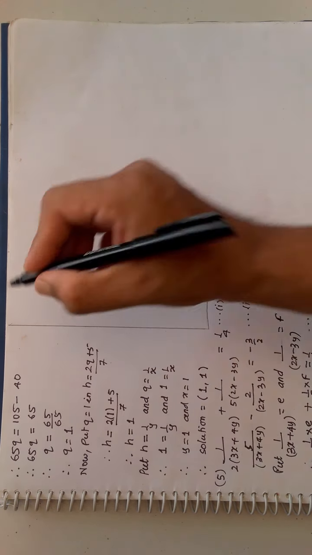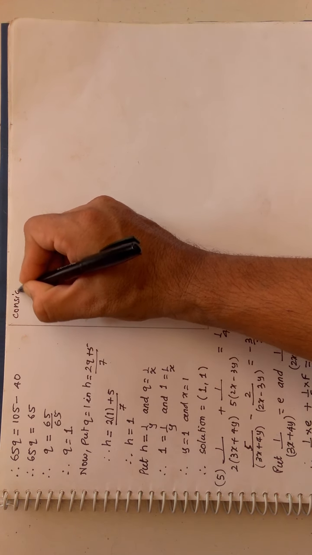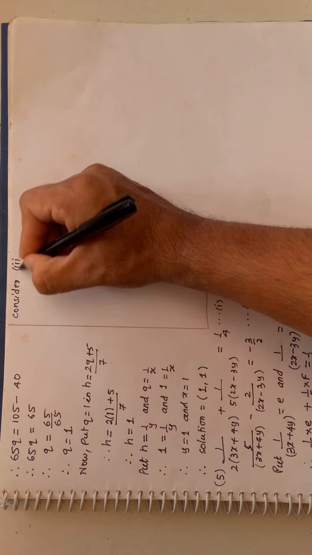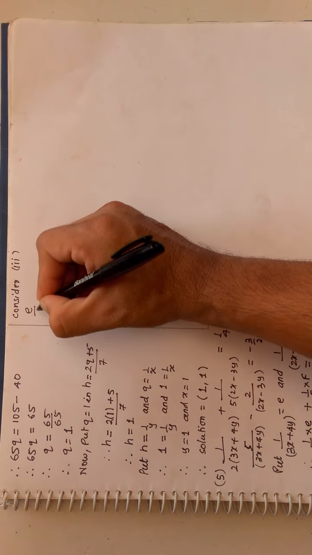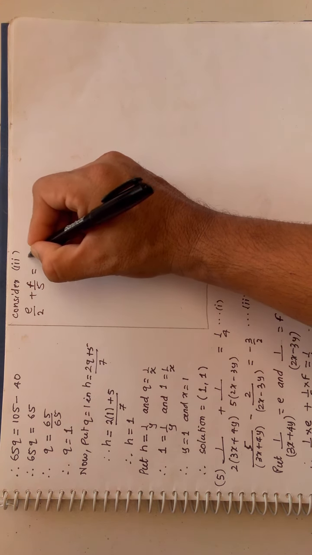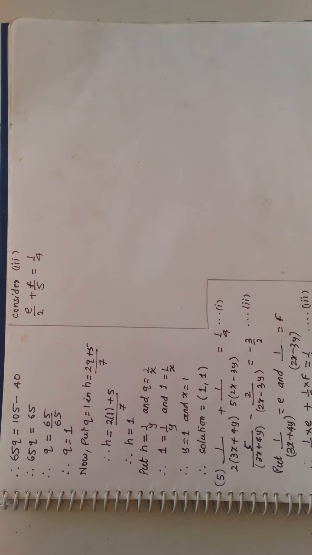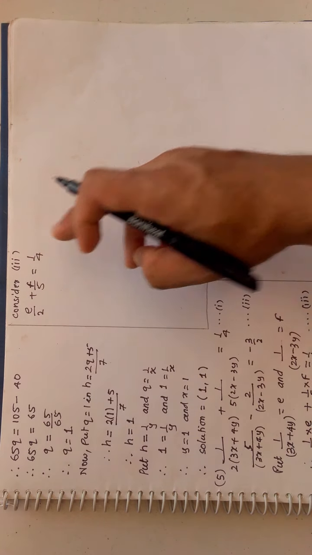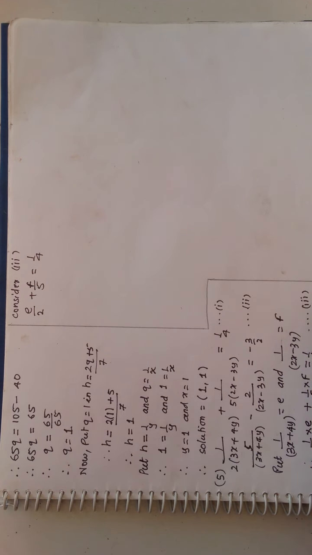So now I will consider this 3 because I need to solve it further. I am considering this 3. It is here E by 2 plus F by 5 is 1 by 4. Now you can find the LCM of denominator 2, 5 and 4. That is, search a number which will be dividing 2 also, 5 also and 4 also. So if I take number as 100, so 100 will divide 2 also, 5 also, 4 also.